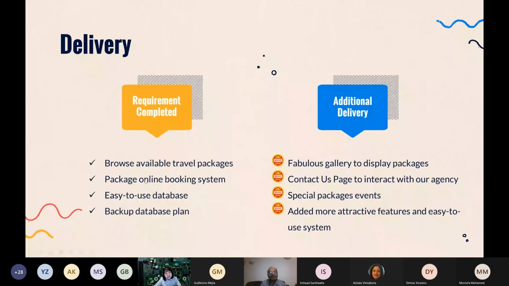So for the project itself, we have fulfilled your requirements. On the one hand, we have completed the required work. Our system contains available travel packages, online booking system, easy to use database and backup database plan. And besides the requirements, we have also added more useful and attractive features into the system, such as a fabulous gallery